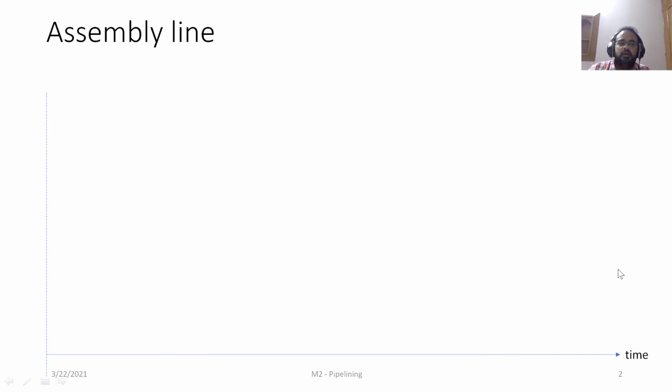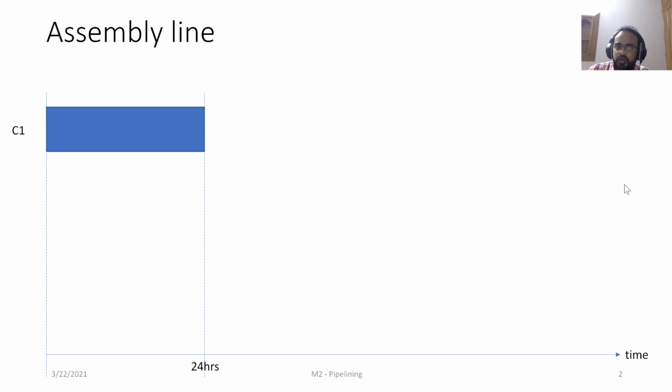On the y-axis, we are going to see the progress of individual cars. For example, let's say the first car C1 would take some 24 hours to get manufactured. After 24 hours, the unit would be rolling out one car,